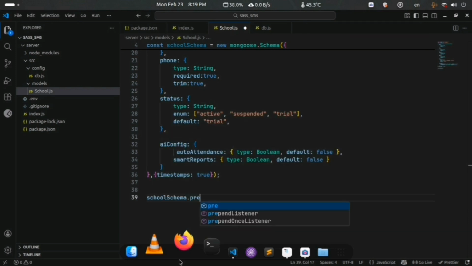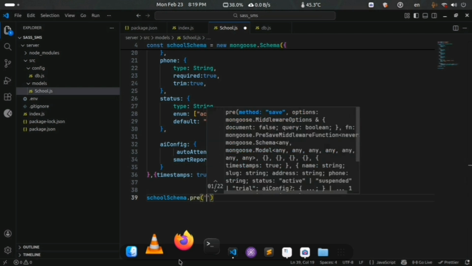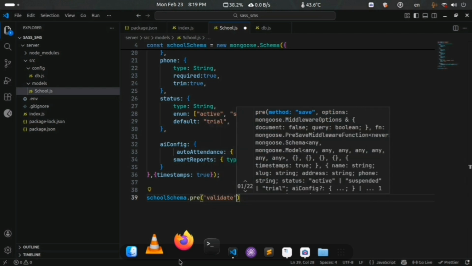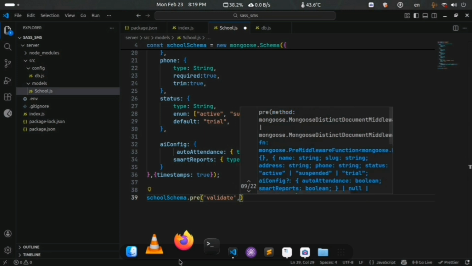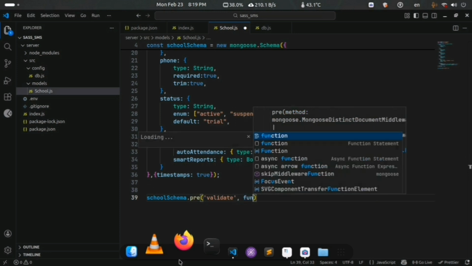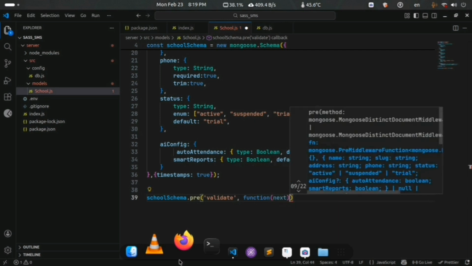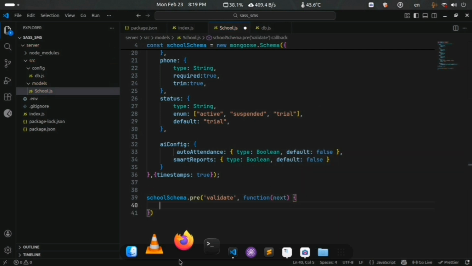schoolSchema.pre validate, function with next argument.